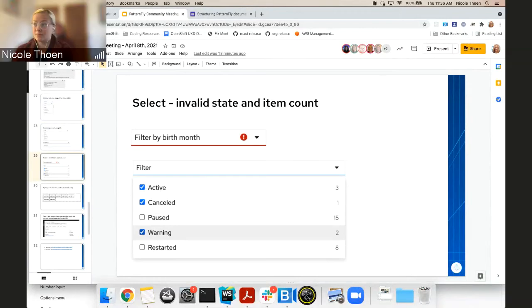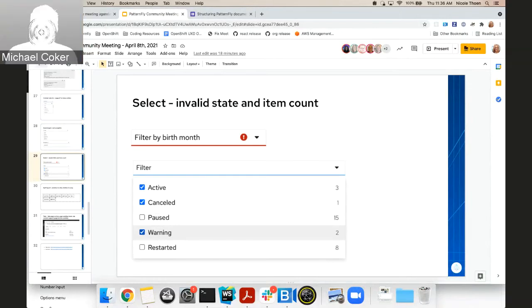With the select component, we now have an invalid state that matches other form control type components, such as text input and text area and form select. So when specified, you get the same basic layout as form control components that are in an invalid state, with updated ARIA roles, an icon, and then the red bottom border.